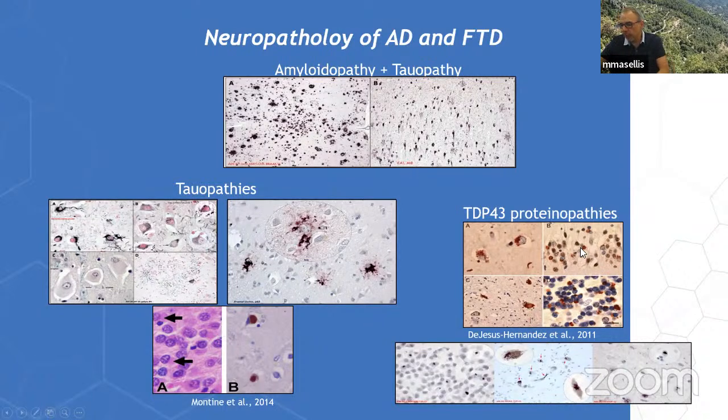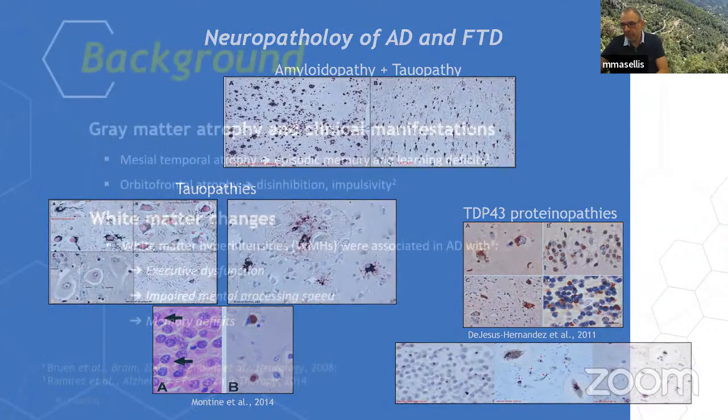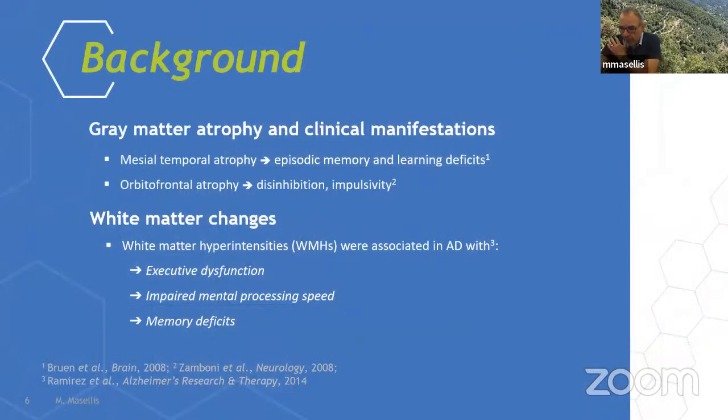In the TDP-43 proteinopathies, we see these TDP inclusions, and there are multiple different subtypes. So in terms of background, gray matter atrophy has been associated with clinical manifestations of the disease. Specifically, mesiotemporal atrophy is associated with episodic memory and learning deficits, and orbital frontal atrophy is associated with disinhibition and